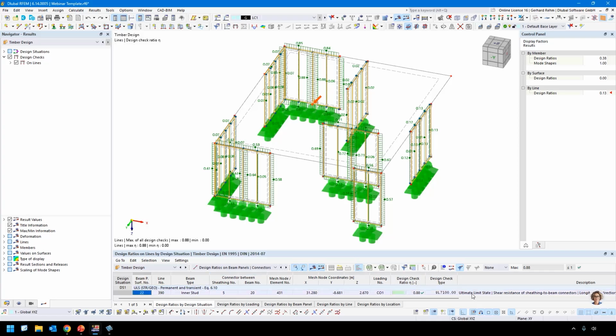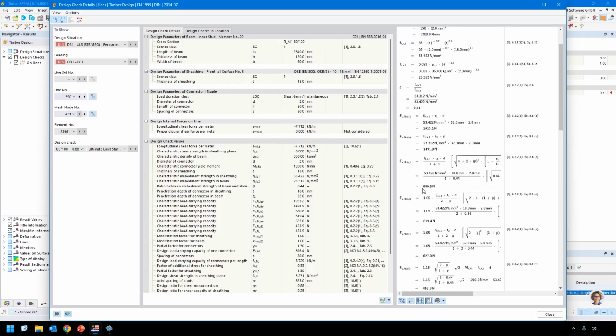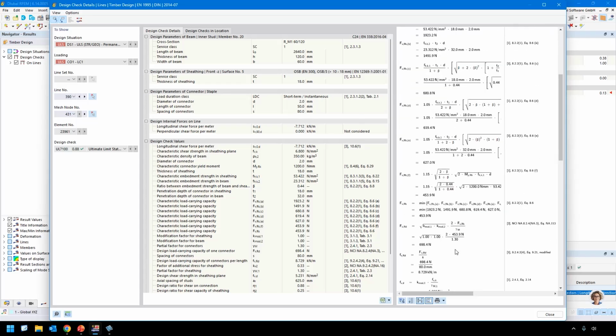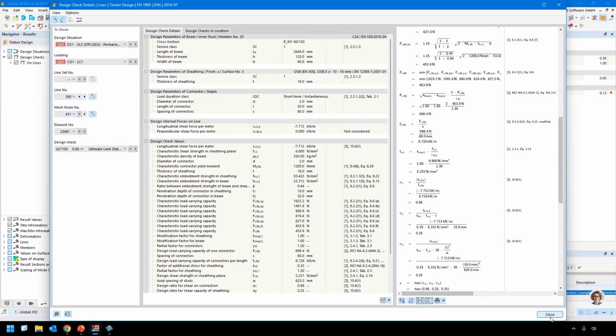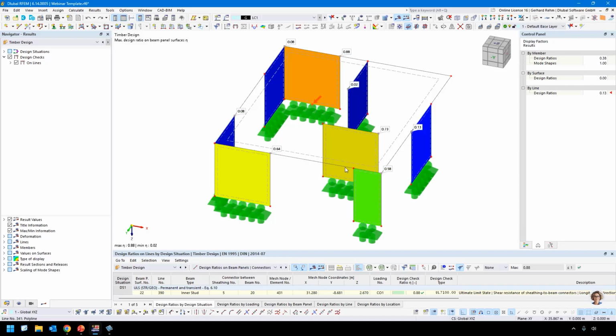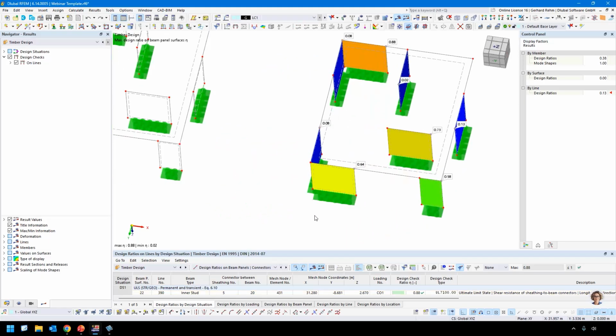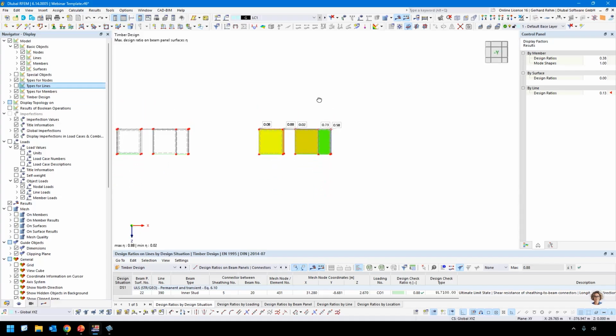But what we see is we see our design check here. Let's have a quick look what is done. So of course we calculate the Johansson equation, we check the resistance of a fastener and compare it with our shear flow. And as a result, we get the ratio per line. When we deactivate the beam panel mode now, so this is a new feature, we will see also the graphical representation of the maximum ratio. So when we do so, like here, deactivate types for lines and maybe show only